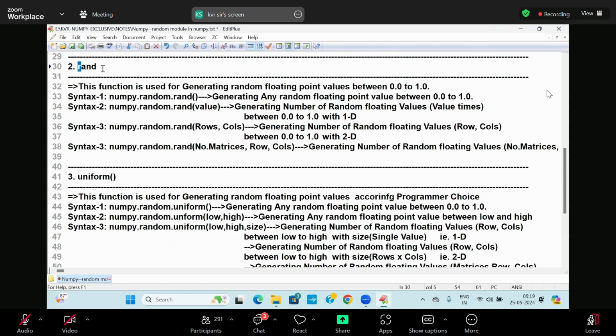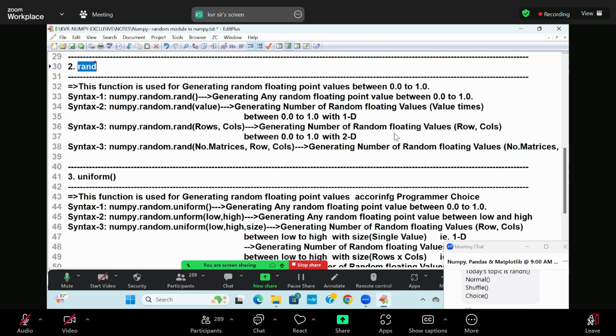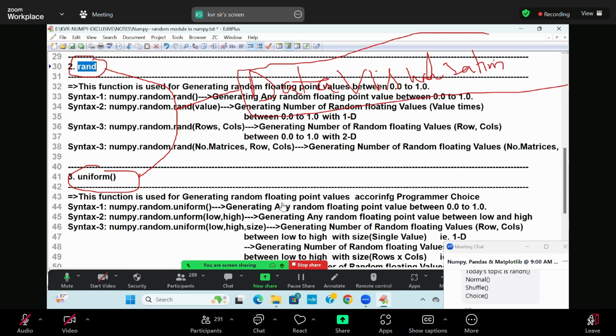Rand and uniform basically deal with these two random modules, and I want to make it very clear: not at present, just to see the output of it. I'll be making it very clear when I come to data visualization. Try to understand this part: Rand, uniform, Randn and normal. These four things you'll get very good clarity on when I come to visualization, because at present I cannot introduce visualization. There I am going to explain in detail about